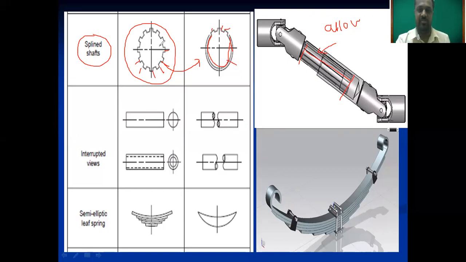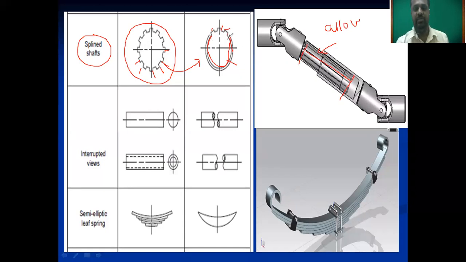See, this is the actual picture, this is the conventional representation, and this is the animation of that. What is the application of the spline shaft? Spline shaft is generally used in the propeller shaft, or to join the rotor also, on the behind of the tractor, and the purpose of the spline shaft is to allow the change in length. बघा, हे जे spline shaft आहे ते change in length ला allow करू शकते. फॉरवर्ड जाऊ शकते, बॅकवर्ड जाऊ शकते.